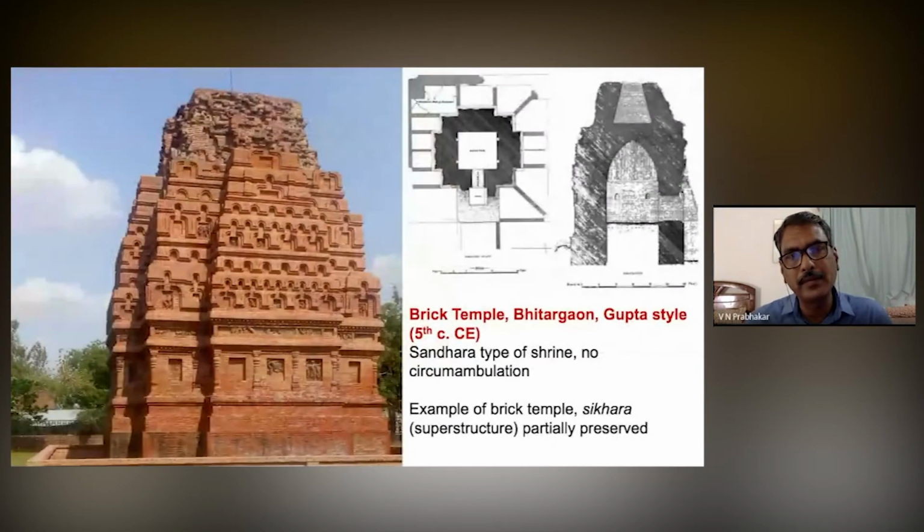This is another example of a Sandhara type of shrine, again of the Gupta period, but it is a brick-built temple. So again, this is a possibility: many brick temples might have been there. They could have collapsed or decayed, and we are unable to get the actual remains. But there are temples coming out from excavation, like at Akhta near Banaras, excavated by Banaras Hindu University, where a Gupta period temple was brought to light. So we can clearly understand the kind of evolution. It is slightly later than the Sanchi example, belonging to the 5th century CE, and already you can see the evolution of the Shikhara here.